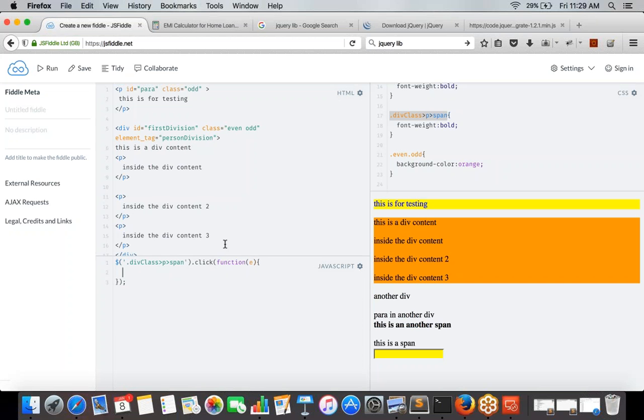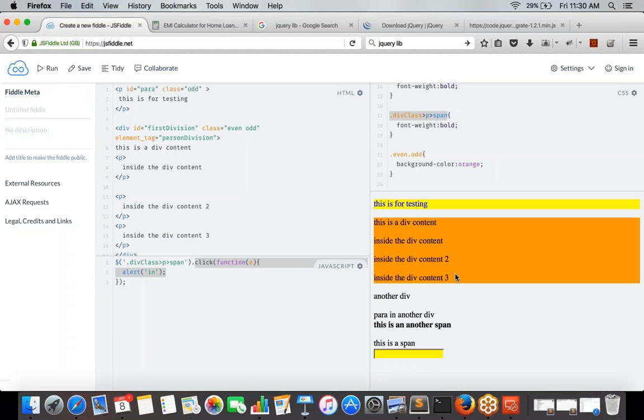In JavaScript, the print statement is like alert. So I have a click event and I'm trying to bind it